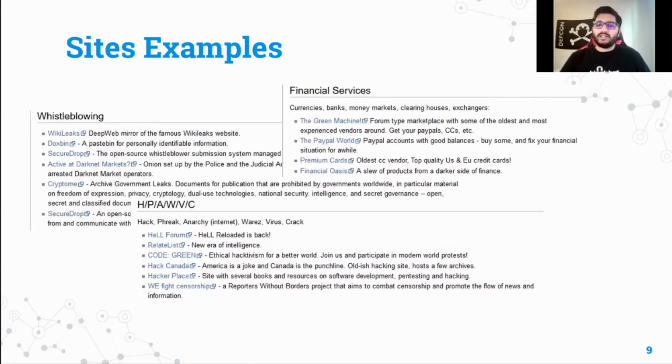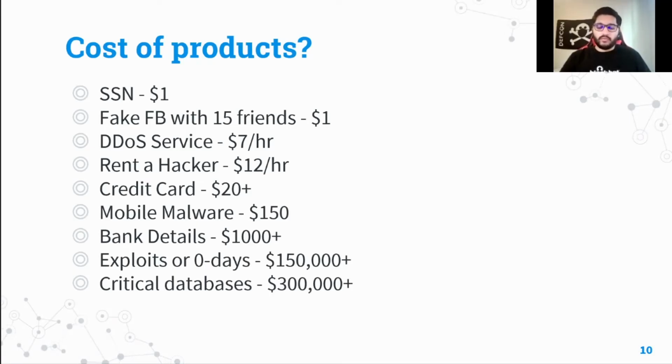These are some of the site examples that I took from one of the Onion Wiki sites. There are a lot more forums and dump shops on the dark web, and this is an example of how much it takes for a product to be sold on the dark web. As you can see, for some of the things you can get them easily.